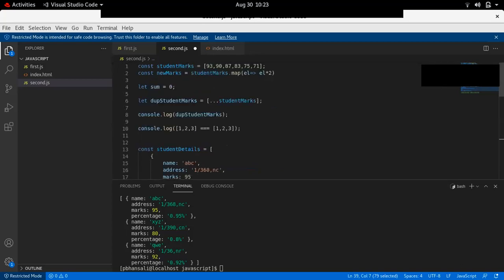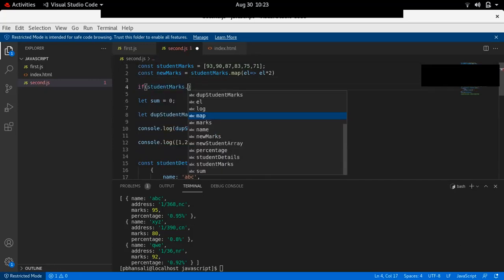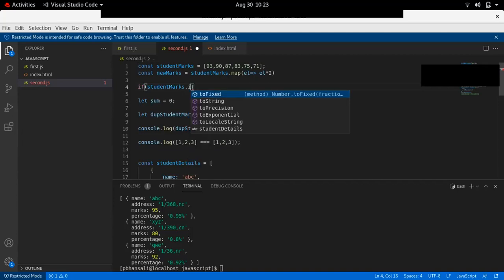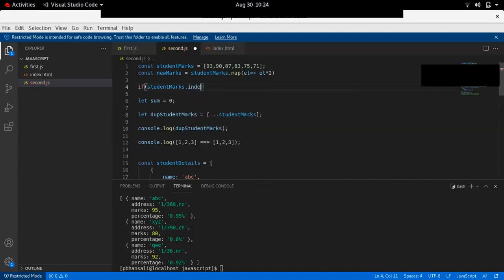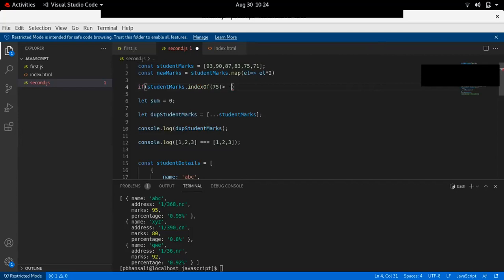So now suppose you want to find something in the array. You want to check if this array contains 75 or not. Then what can you do? If student marks indexOf 75 is greater than -1.